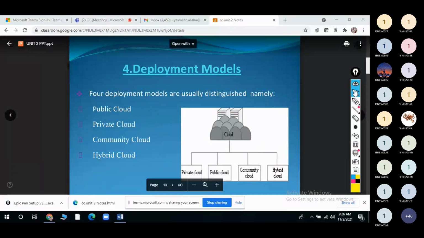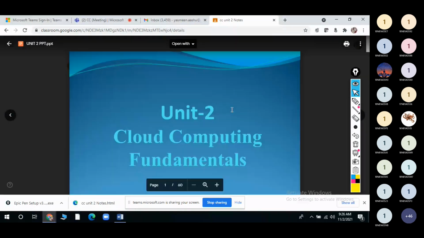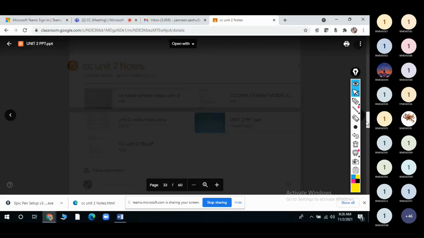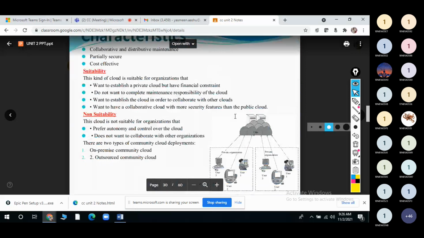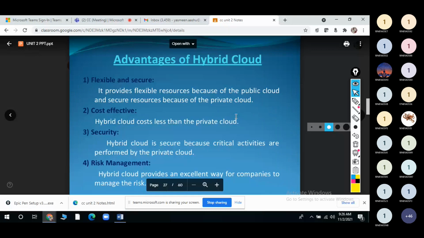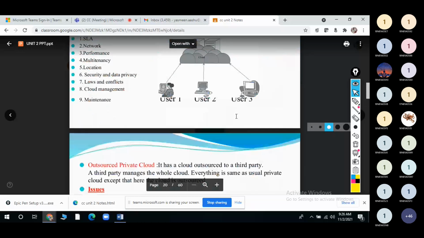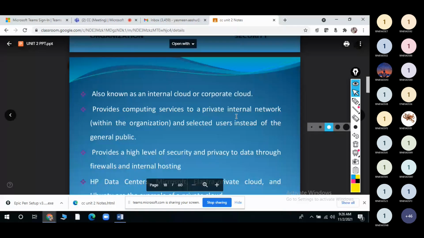We'll see the first one. What is public cloud? The general public can access it, right? What is the public cloud? The general public can access all the services from the cloud free of cost, right? So that is known as the public cloud. Whoever the public is, they will be using the services from the cloud free of cost. Some services are free of cost up to some limit only.